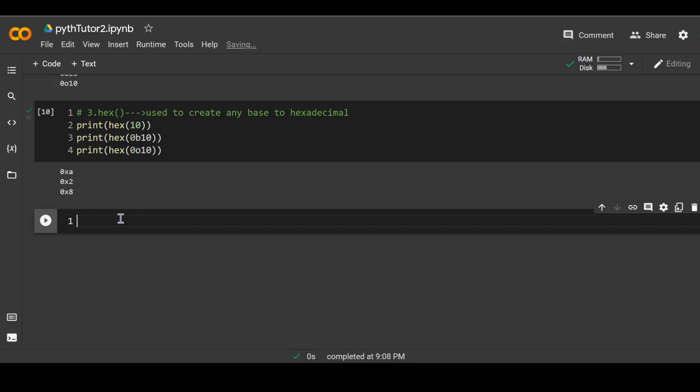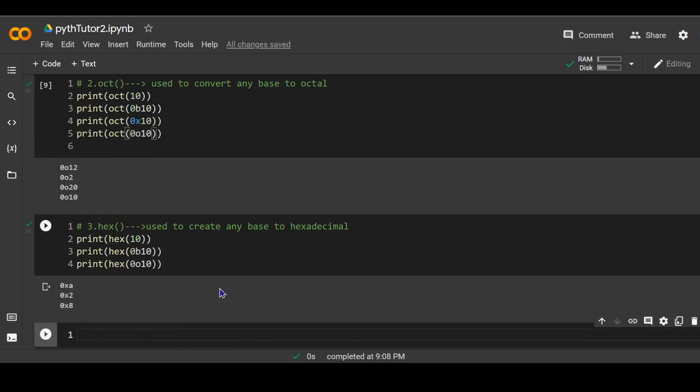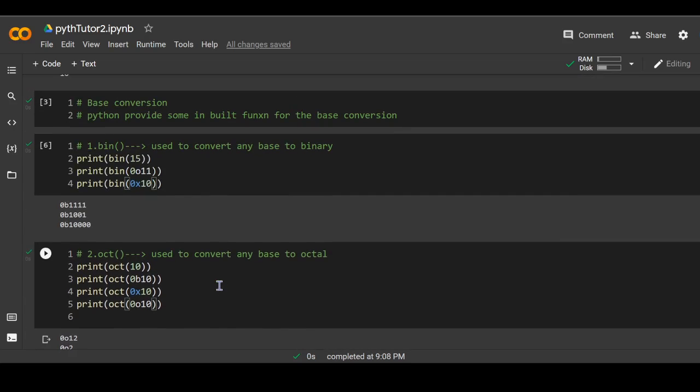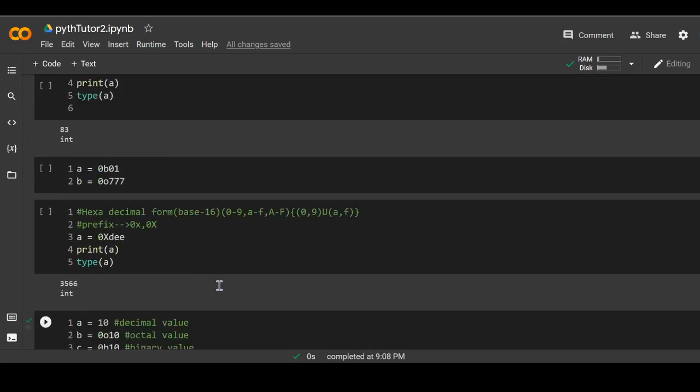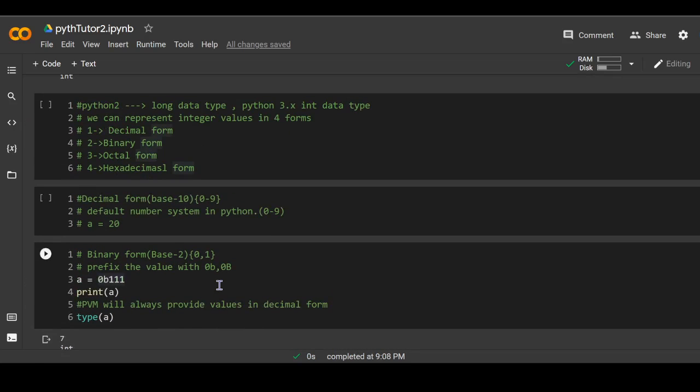So this is all about the integer data type. In this, what we have studied is that in Python 2 there was a long data type, but in Python 3.x there is only the int data type. We can represent integer values in 4 forms: decimal form, binary form, octal form, hexadecimal form.